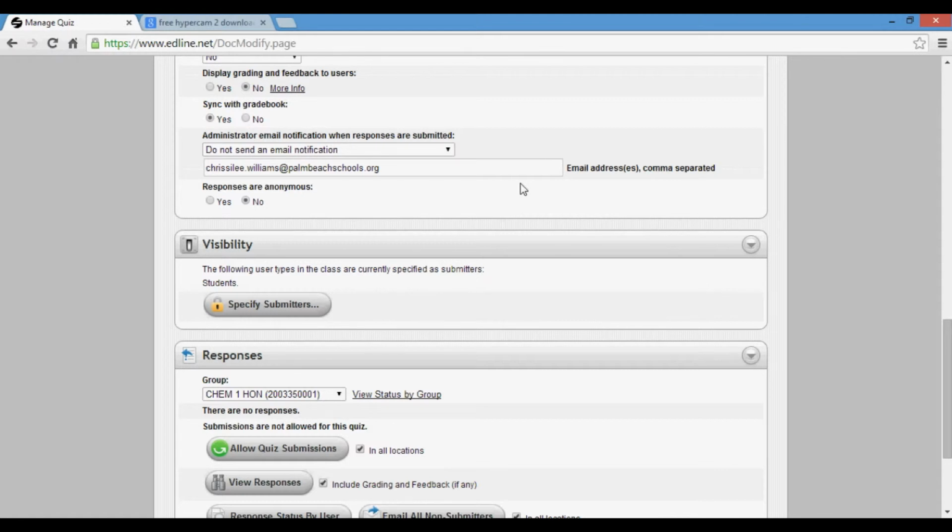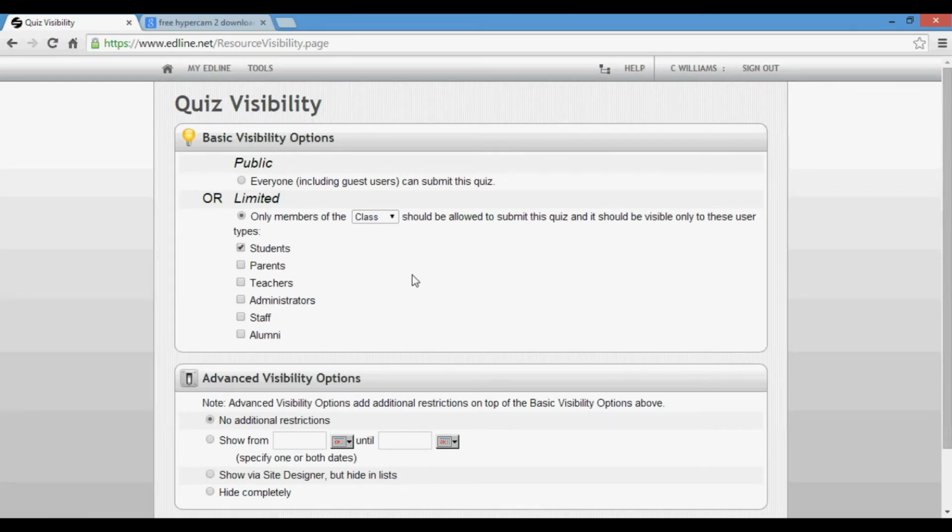Now your visibility also adds an important feature. If you click on specify submitters, right now the default is only student accounts can submit. Now if you want the parent accounts to be able to also submit the quizzes, in case they want their parents to scan something for them and submit it to you,